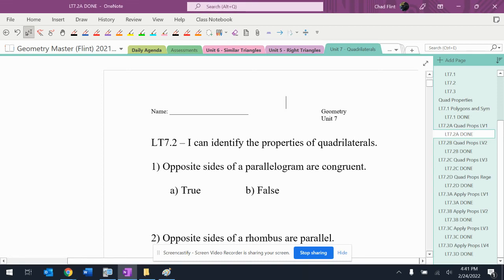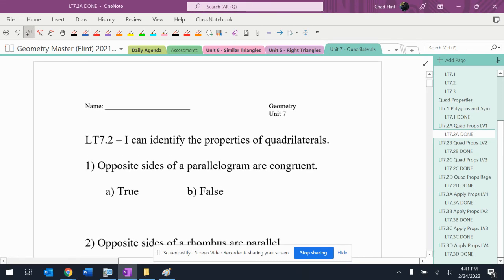All right, so one of the most important things about all of this unit is that you know these properties as well as possible. The better you know the properties, the easier it is to apply them, the easier it is to solve things. And a lot of the questions are going to be multiple choice questions, not necessarily true false like this, but where you have to actually go through and pick out things that either make it a rhombus or don't make it a rhombus,